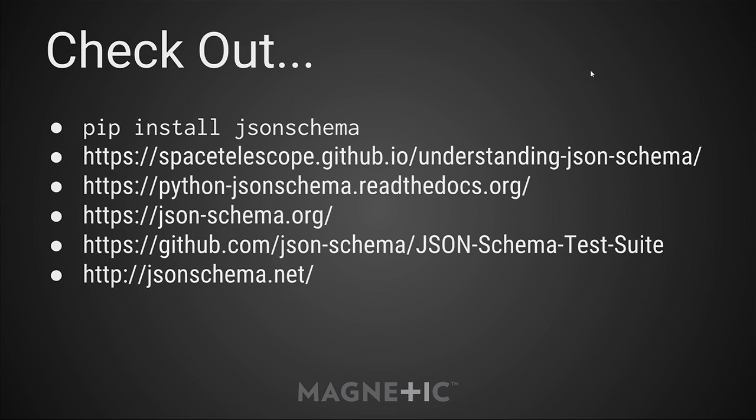The second one is kind of a friendly introduction to the specification. It does give examples in various languages, but it's basically a kind of tutorial for basics of writing JSON schemas. So if you just want to go through that again, or there is some stuff in there that I haven't actually covered, that second link will give you a tutorial. Third one is the documentation for the library. So check that out if you'd like. There's plenty of stuff in there that I haven't talked about either.